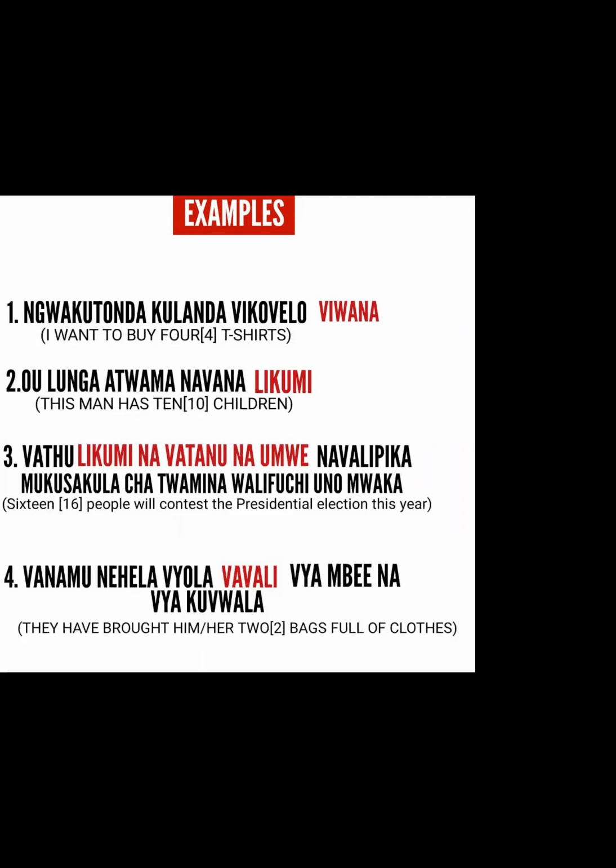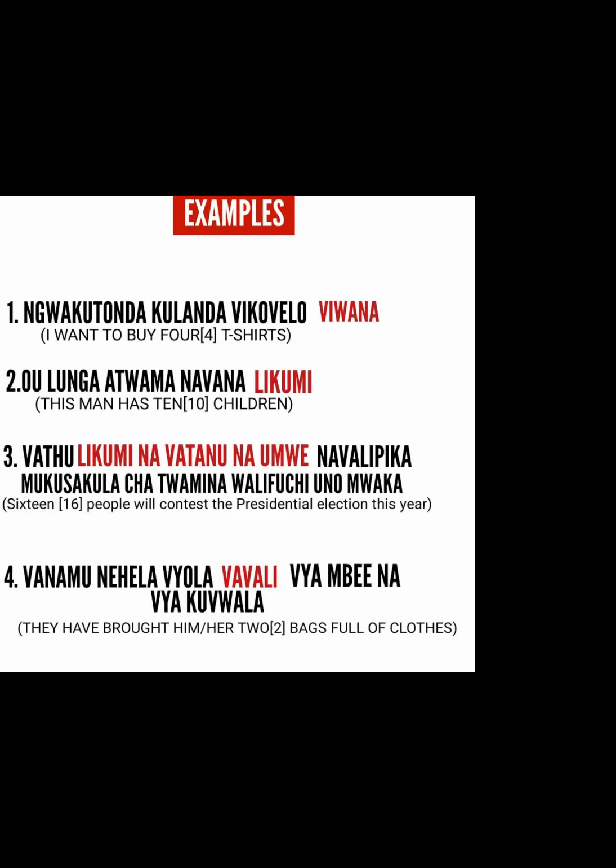So in this case, if you've seen the structure of the numbers, these are how many people? 16 people will contest the presidential election this year. So these 16, if it was just a number 16,